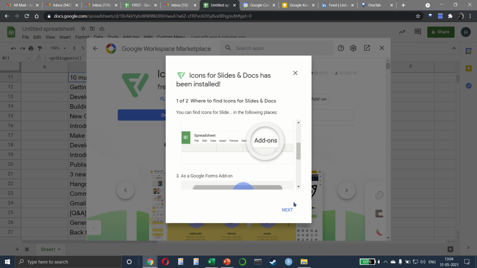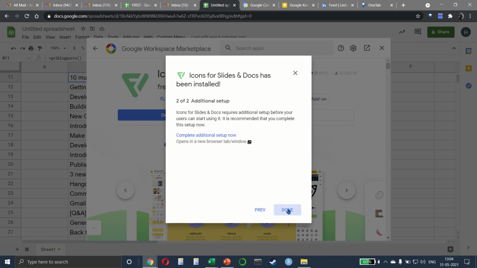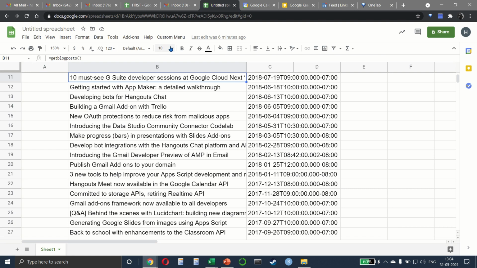Okay, let's see. So next and done. And in my add-ons, you can see that the icons for slides and docs have been added. When I start it,